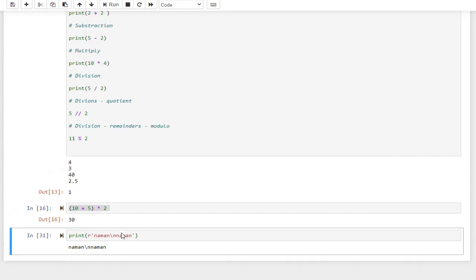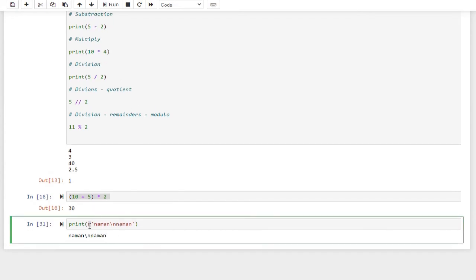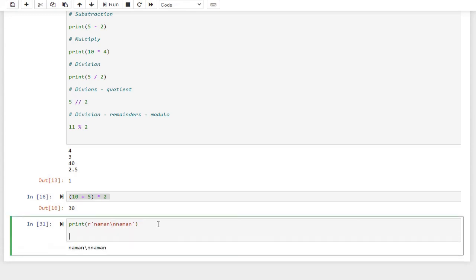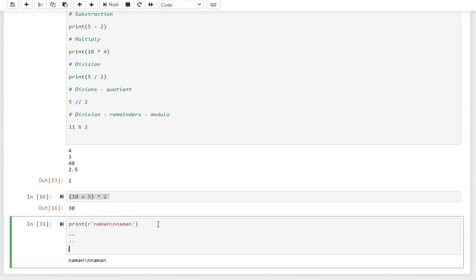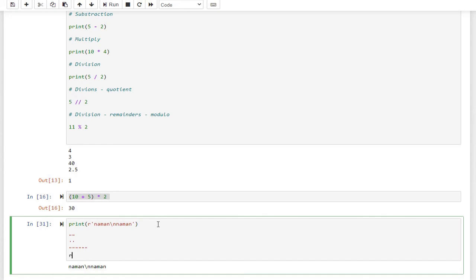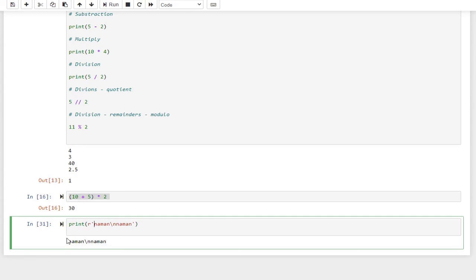So how can I do this? What we can do is use an r here. So what will r do? r will suppress all these special characters. So you can get it like this. Okay guys, so what we have covered till now: double quotes, single quotes, triple quotes, and r. These all are operations for strings. Hope you got it, that we can use single quotes inside double quotes, and it works vice versa as well.